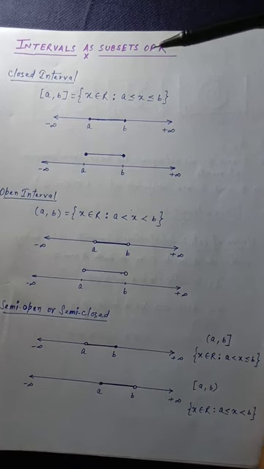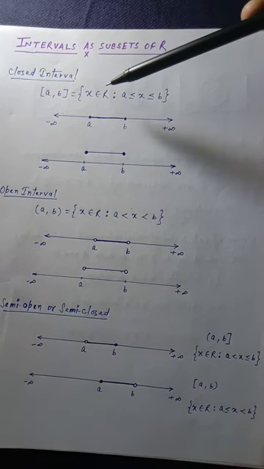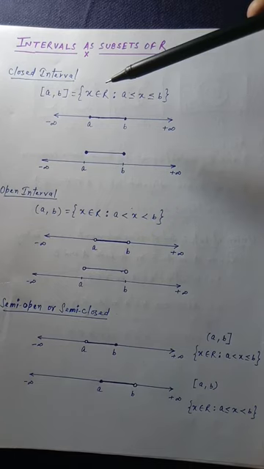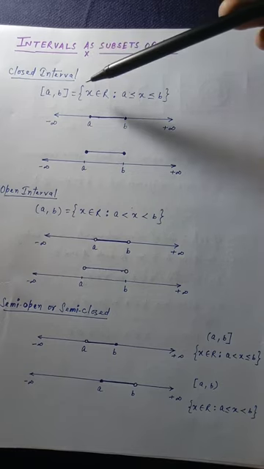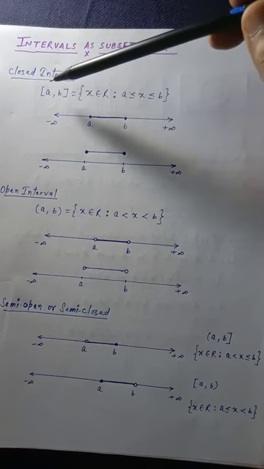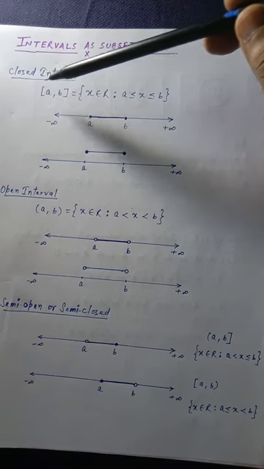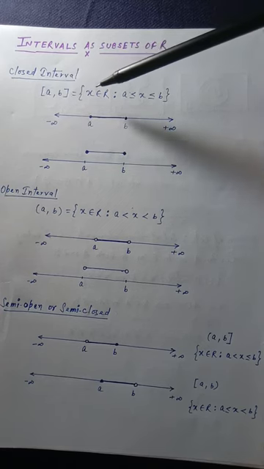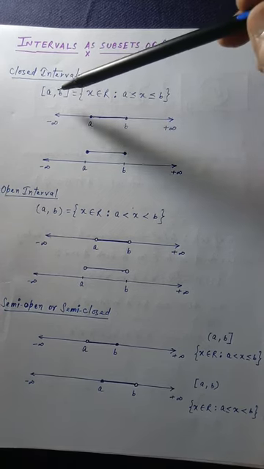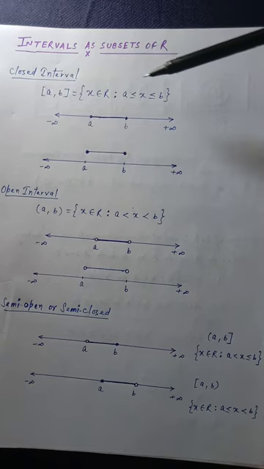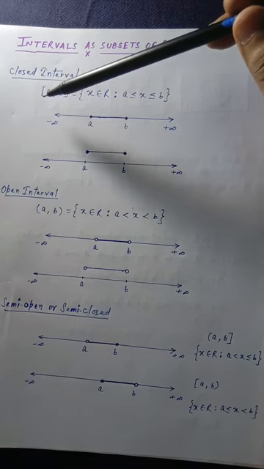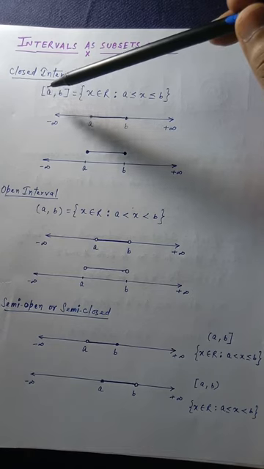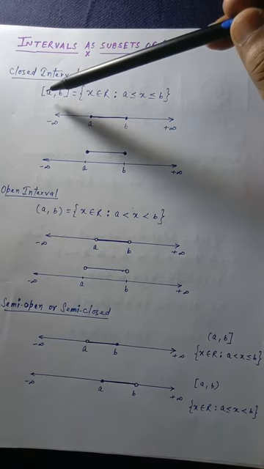Actually, we talk about an interval when the value of x belongs to the real numbers and there are infinite values. So here it is not possible to write all the elements in roster form. So interval form is actually an indirect form of set builder form. Here one interval is shown, which is the closed interval [a, b]. It means the value of x is a real number and it is equal to a, greater than a, and less than b, and equal to b also. It means in a closed interval we consider boundary values also. These are the corner values, so we will consider these values also.